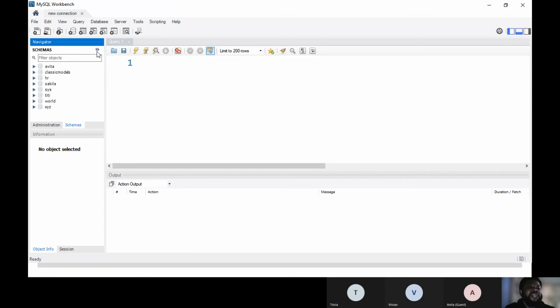And reload. You see a reload button, not a recycle, a reload button. You see that button. Can you see? Please, I need the response.